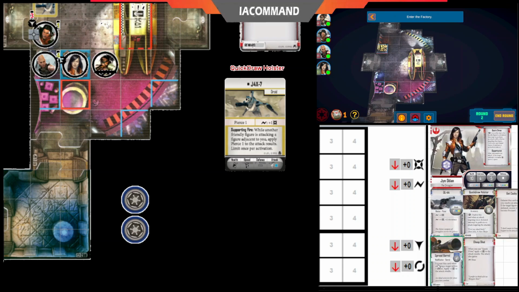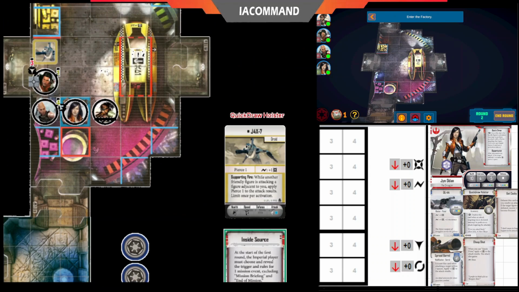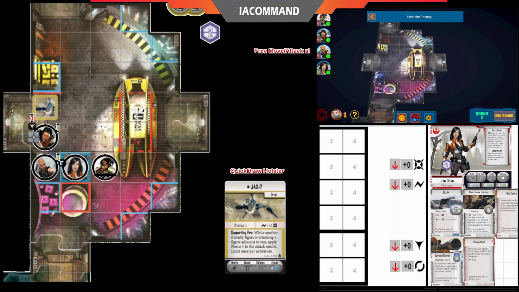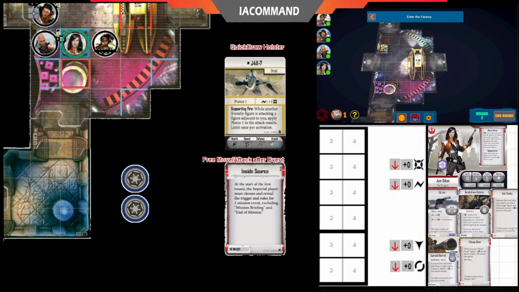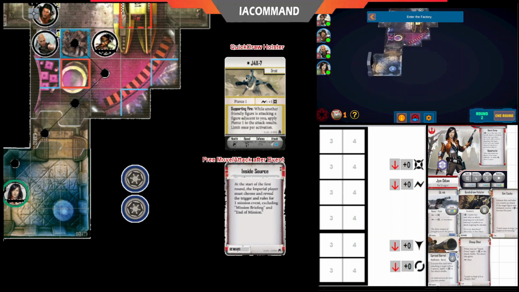So we'll ready all of their cards. And let's see, we do have a quick draw holster that we need to remember. Also, we have Inside Source, so when we open the door, if something happens, we'll be able to attack with Quick Draw, Inside Source, and the Quick Draw holster. So actually I'm feeling pretty good about opening that door. So let's go with Jin. 1, 2, 3, 4, 5, and then we will go ahead and open the door